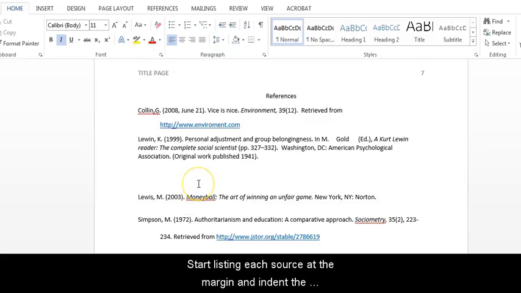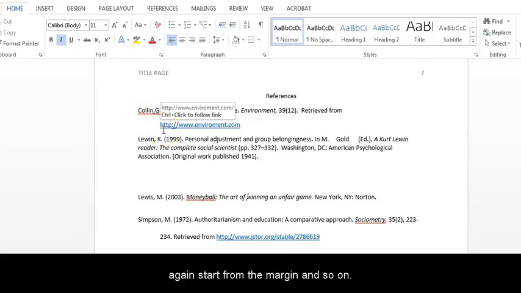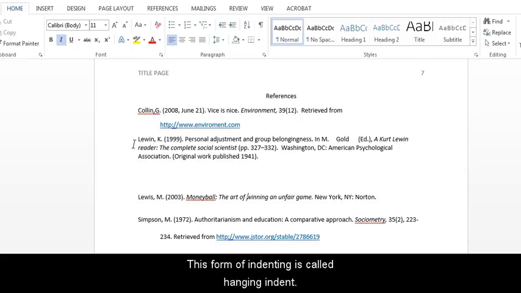Start listing each source at the margin and indent the following lines by 1 tab. Then with the next source again start from the margin, and so on. This form of indenting is called hanging indent. To create a hanging indent, select the area you want indented,